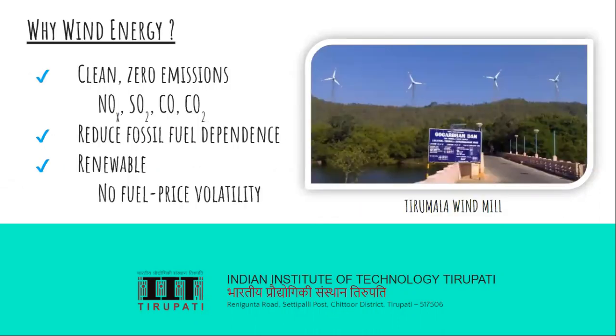By using wind energy, electrical energy can be developed. Several other methods are also there to produce electricity, like thermal power plant, geothermal power plant, nuclear power plant, hydro power plant, diesel power plants. So such types of power plants are there to produce electricity. Each power plant has its own advantages and disadvantages.